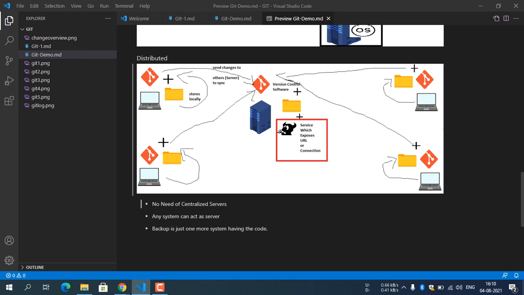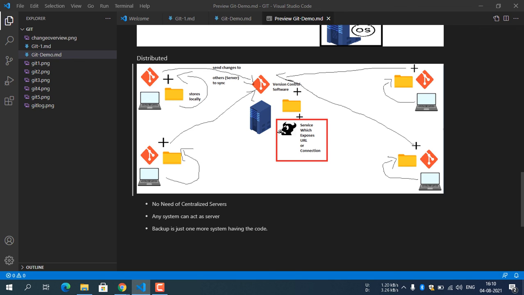There is no need for centralized servers, any system can act as a server, and backups can be maintained. Every system will have a backup. There are 4 developers, right? Whatever changes this developer has done, the total changes will be present with this developer and with this developer.